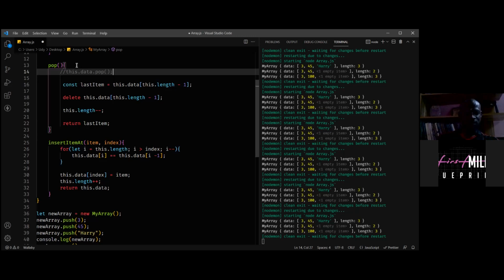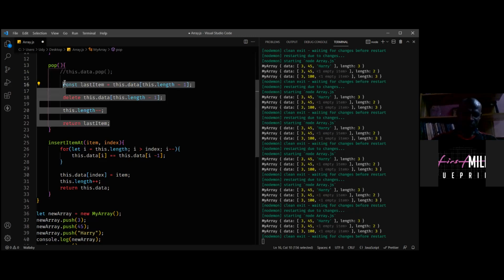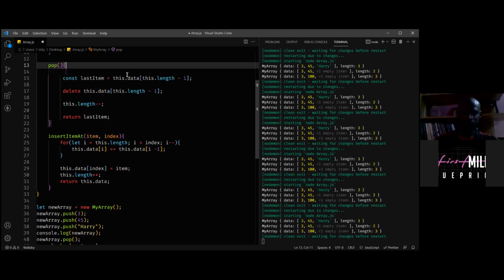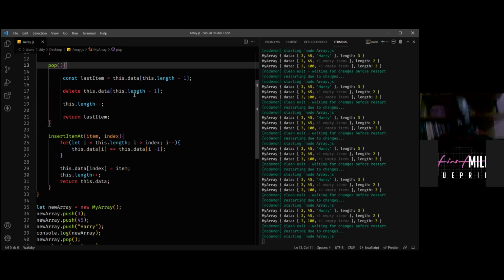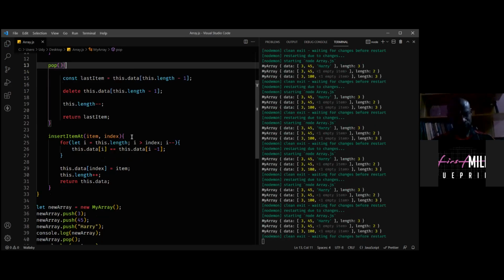Yeah, that would be more simple, but you would be using the built-in method instead of creating it yourself. Instead of going through the stress of creating it. If we did that, we wouldn't be showing our skills, basically.